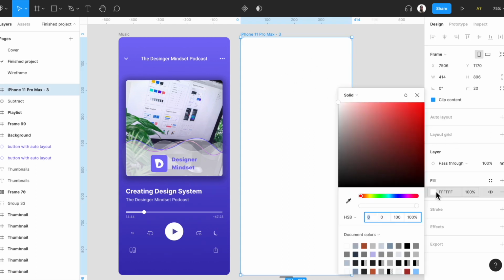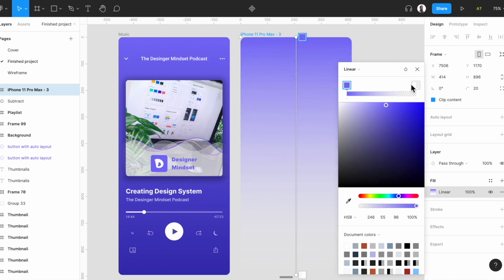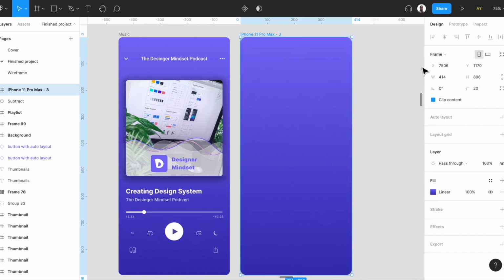In this section we have a color for the background as a fill, so we change it to gradient, linear gradient. Select the first one with this eyedropper tool, grab the first one and grab the last one. So we have a gradient similar to this one, and as you can see we have a couple of icons,